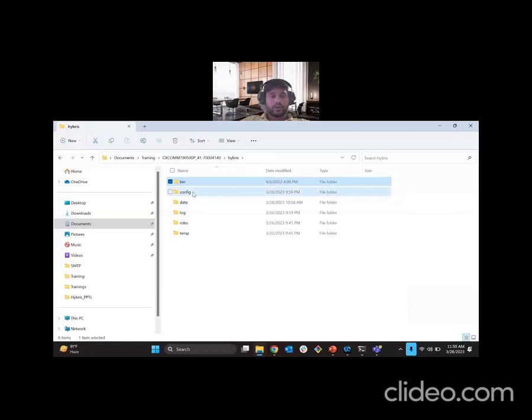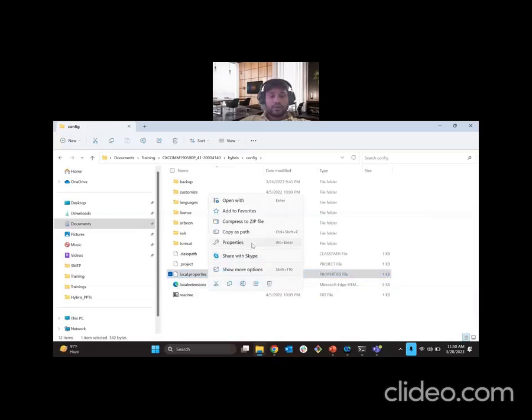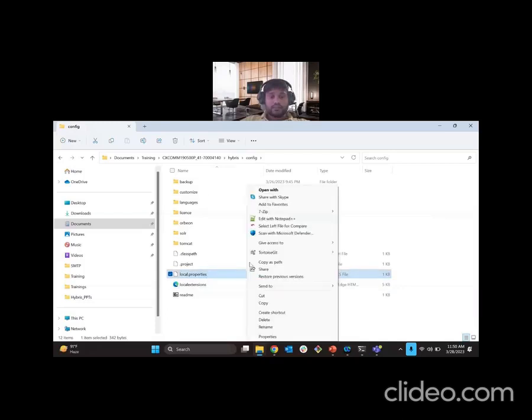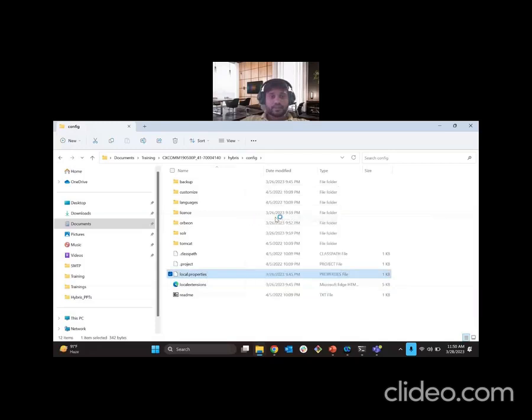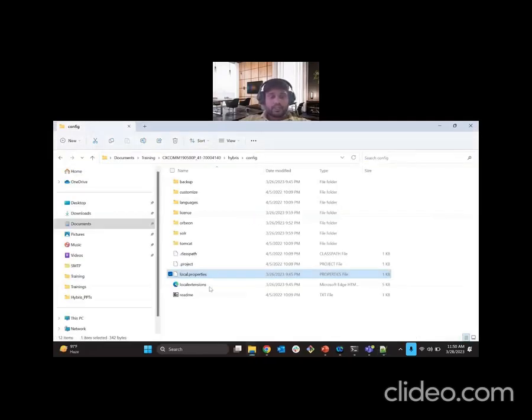When you go to the Hybris folder and inside config, we have the local.properties and we have the localextensions.xml, right? These are two very important files for an SAP Hybris application, right? In local.properties, you will maintain all the configuration related details. If you can see here, in the local.properties file,